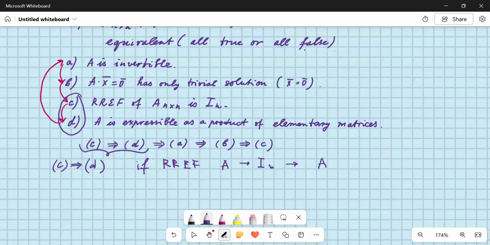Then A can be expressed as a product. We just proved this theorem, and they are going to be what? Inverses of